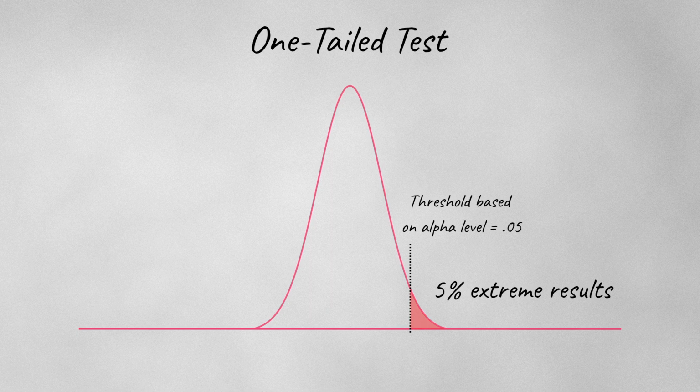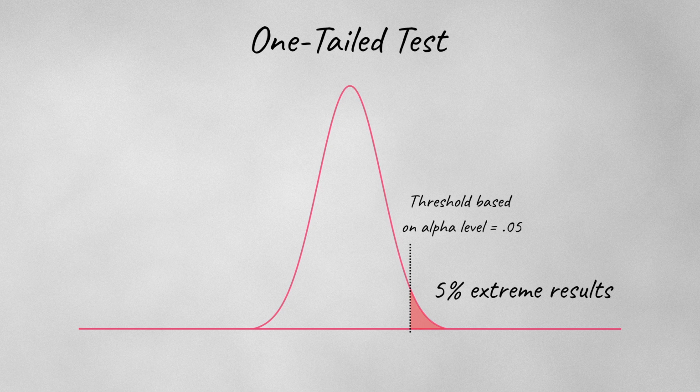And so by placing the entire 5% rejection region on one side, this actually makes the threshold for reaching significance a little bit closer to the center of the distribution, and therefore makes it a bit easier to reach significance, provided that we've predicted in the correct direction. So any result that falls in this 5% of the curve here would be unlikely enough that we could reject